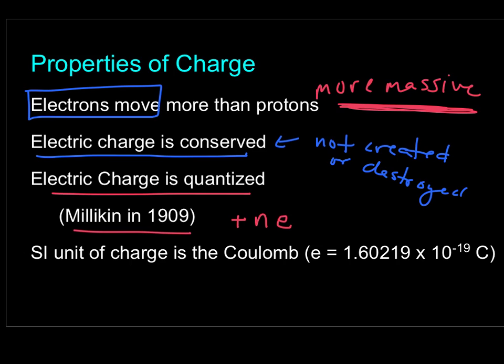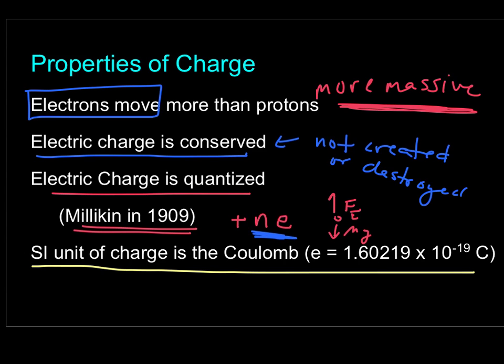This was shown by Millikan in 1909. He dropped little bits of oil and watched them move. It goes up, it goes down, it falls with force mg. He balanced that with an electric force, and he just watched those drops of oil and found out that, based on how they move, charge must be quantized. And the final thing you need to know is the SI unit of charge is the coulomb,